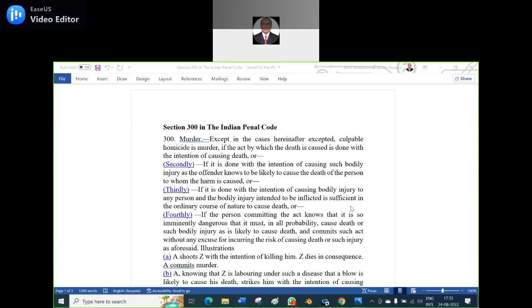And secondly, if it is done with the intention of causing such bodily injury as the offender knows to be likely to cause the death of the person to whom the harm is caused, or thirdly, if it is done with the intention of causing bodily injury to any person and the bodily injury intended to be inflicted is sufficient in the ordinary course of nature to cause death. Like the example we dealt with in yesterday's class. If a person is a diabetic patient and he knows it, and if you make a small incision to him, then the profuse bleeding causes his death. He knows it, intentionally he did so, then that is a culpable homicide amounting to